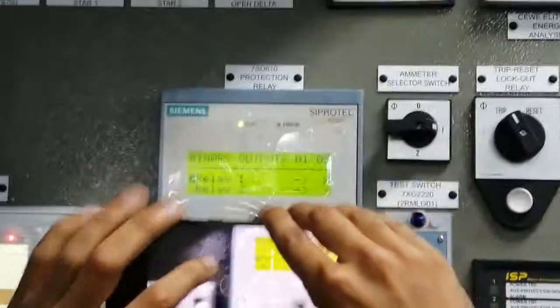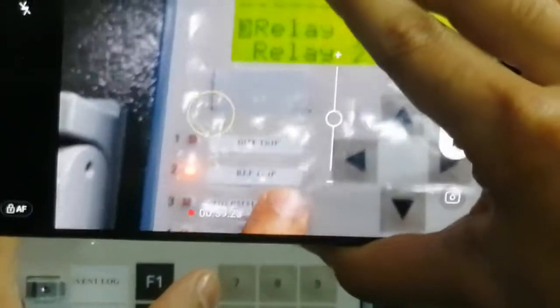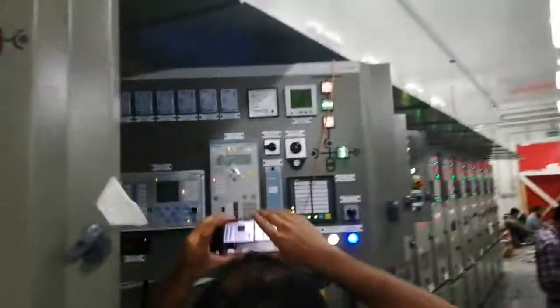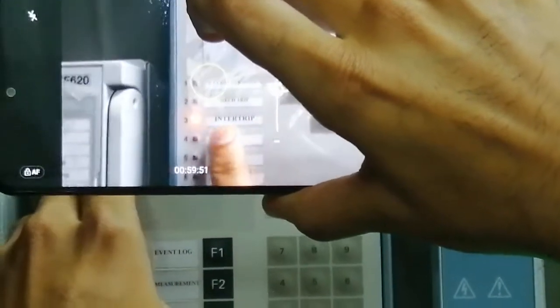As you can see here, now that he has forced the signal, we are getting the REF trip on the 11 kV Ciprotec relay, and we also have this signal on the same input on the X120 ABB relay card, input number 3. It's true. That means the 11 kV Ciprotec relay has tripped on REF protection, and at the same time this intertrip is sent to the 132 kV Ciprotec relay. As you can see here, this is the 132 kV Ciprotec relay on which we are receiving the intertrip signal, LED number 3.